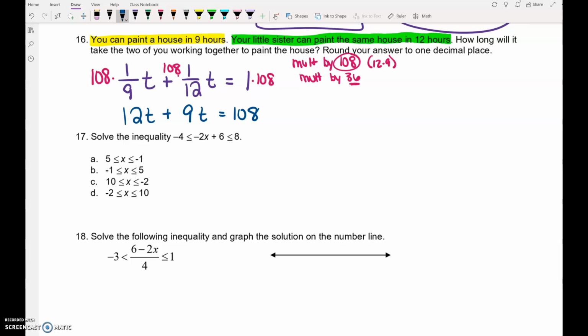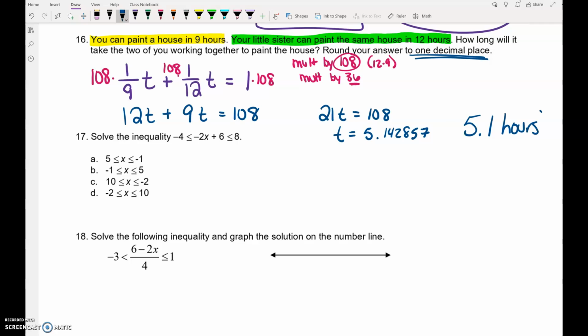And then you can combine the 12 and the 9, so you have 21t equals 108. 108 divided by 21. Your time is 5.142857. It keeps going. They want us to round our answer to 1 decimal place, so this would round to